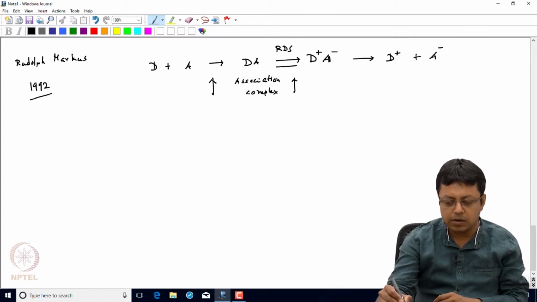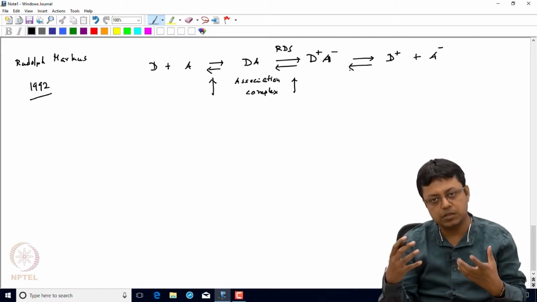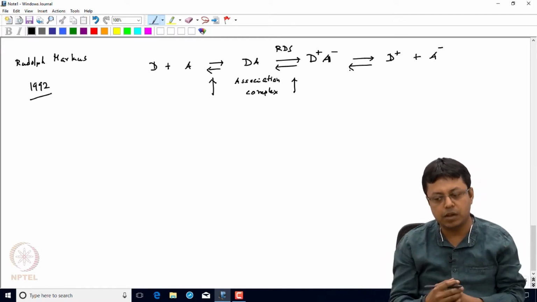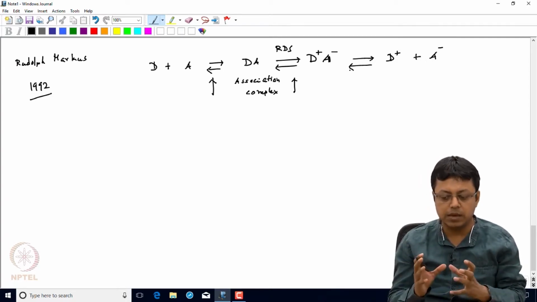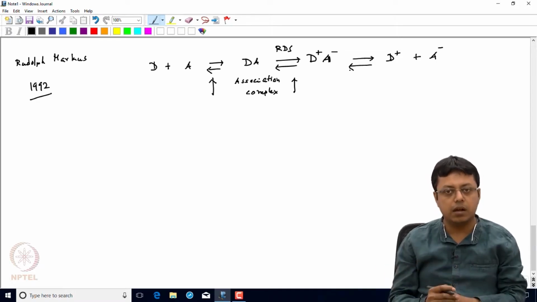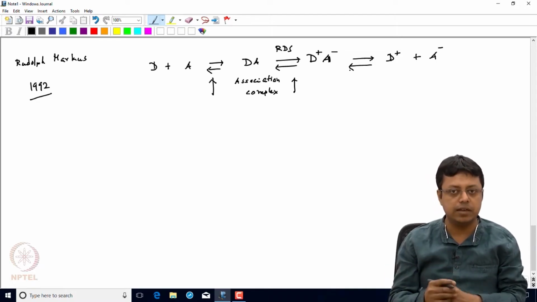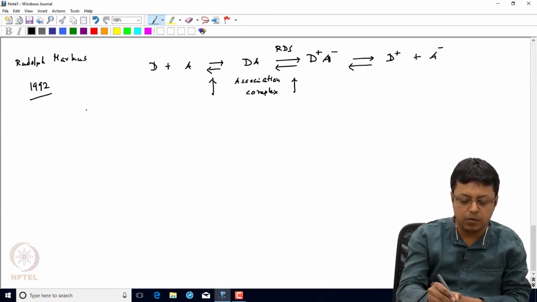You can actually write all these steps as reversible steps, in the sense that there could be an association complex and they can fall apart. There could be electron transfer and there could be back electron transfer and all these things. So we are assuming in this case that the rate determining step is the electron transfer step itself. Now let us think about the free energies, or the relative free energies, for the donor and the acceptor. So we'll just draw a diagram and a few